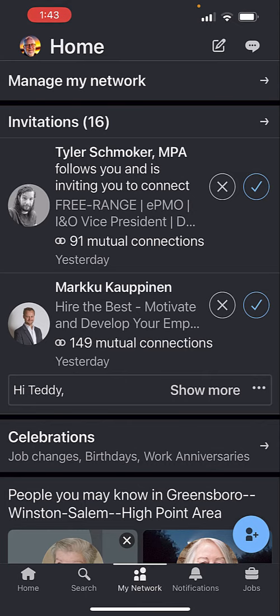Bottom line, as of today, September 29th, 2023, there is no longer any functionality on LinkedIn for importing or syncing